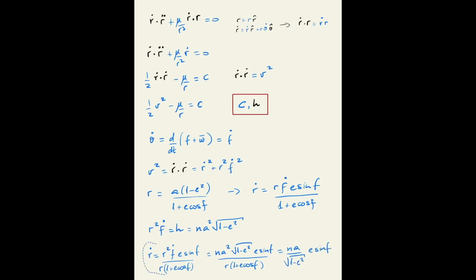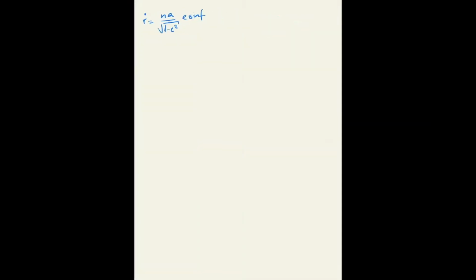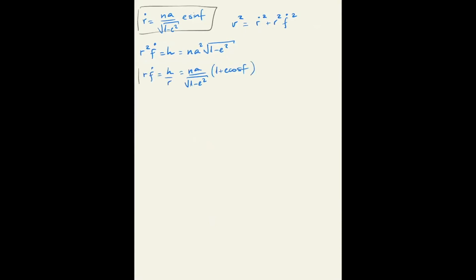So let's clean this up. We have the velocity here. We have the expression for r dot. Now to find the velocity, we need to find an expression for r f dot. And we can do that because we have the expression for the angular momentum. We simply have to divide it by the radius vector. So we found the expression for r dot and the expression for r f dot. Substitute both of them in the expression for the velocity,